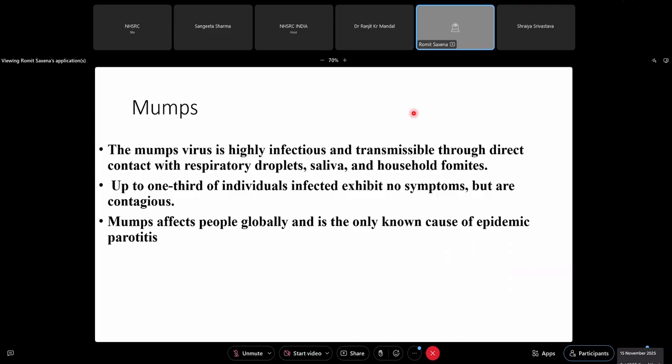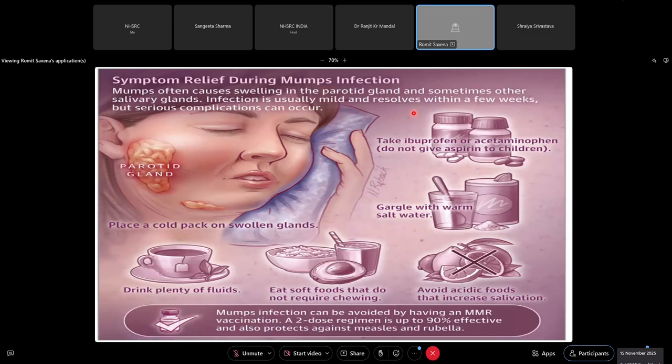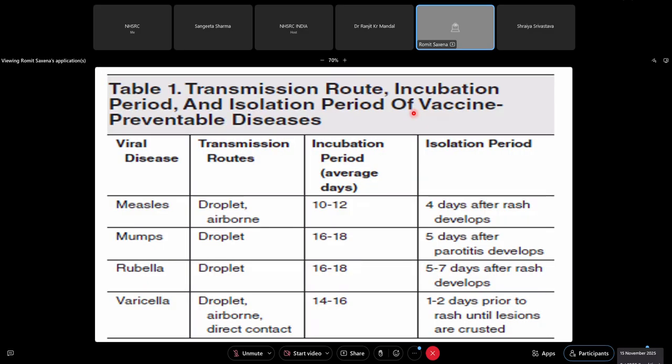Mumps is highly infectious. What is scary in this is that a lot of patients who might be harboring it may not show it. So if one child comes into the class with this infection, one third of the class may have the disease without showing any manifestations. This is scary because they will keep on transmitting, and the disease will just spread like wildfire, causing an outbreak. And the treatment in all these diseases is essentially symptomatic. As was said, no antibiotic. It is not a sign of ceftriaxone or azithromycin deficiency. Just give analgesics, and treat accordingly.